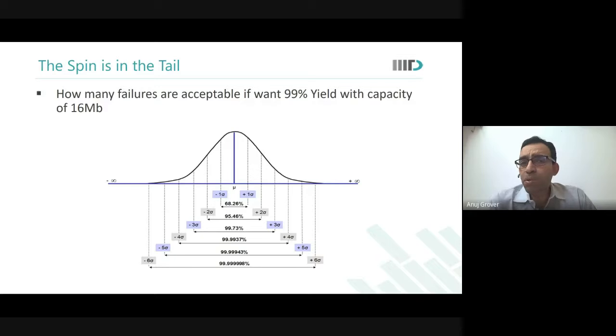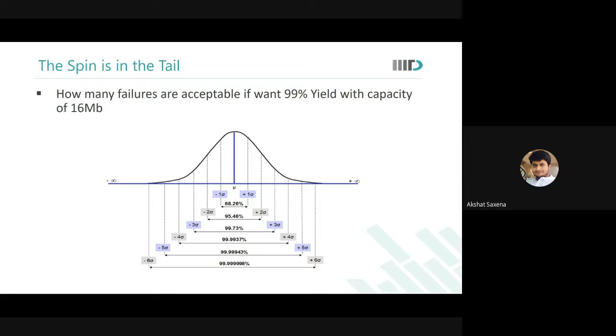Now you say, but I do not have that kind of a capacity to work with. I am only working with a capacity of, let us say, 1 megabits. So I can still lower voltage until the 5 sigma cell fails. So you reduce the voltage further. Then what happens? 5.8 sigma cell fails. Then 5.6 sigma cell fails. You still reduce the voltage. And there comes a point when 5 sigma cell also fails. That is what you say is my VDD min for the 1 megabit capacity usage. Yes, sir. Now it's clear.